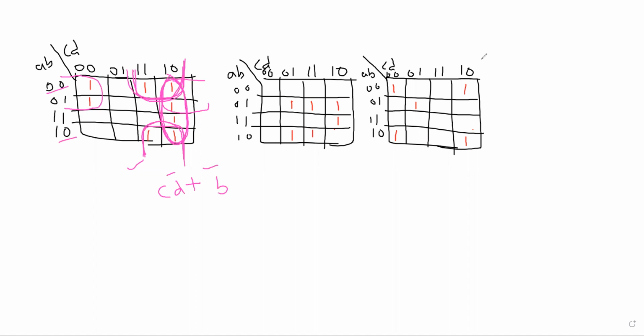B bar is common. But in columns, if you observe that there are two columns here, which one is common? C is common. B bar into C plus, now if you observe this one, this and this one, once again two rows are there, which one is common? A bar is common. A bar into, now if you observe these two columns, this and this, which one is common? D bar is common. A bar into D bar. This is the output for this.